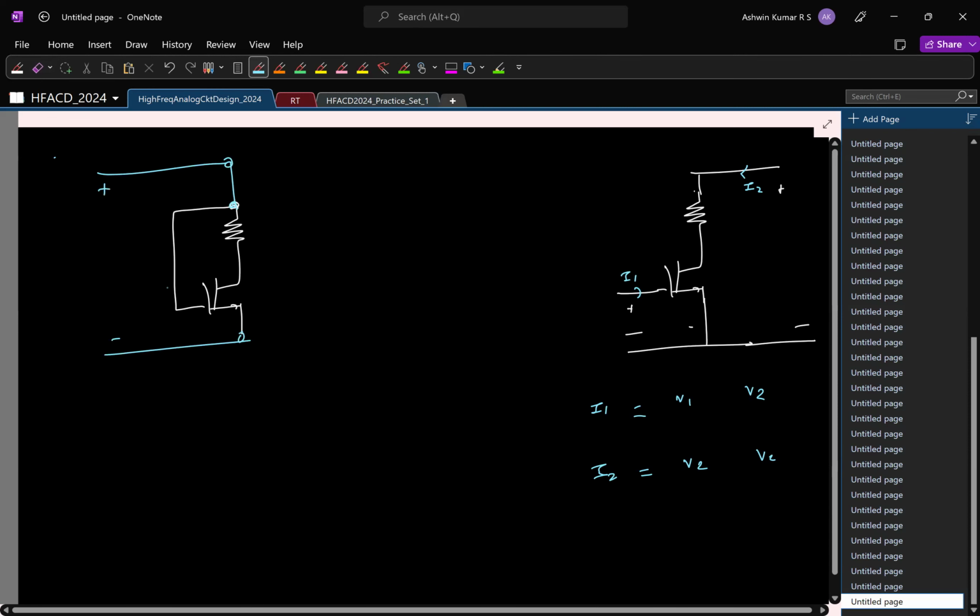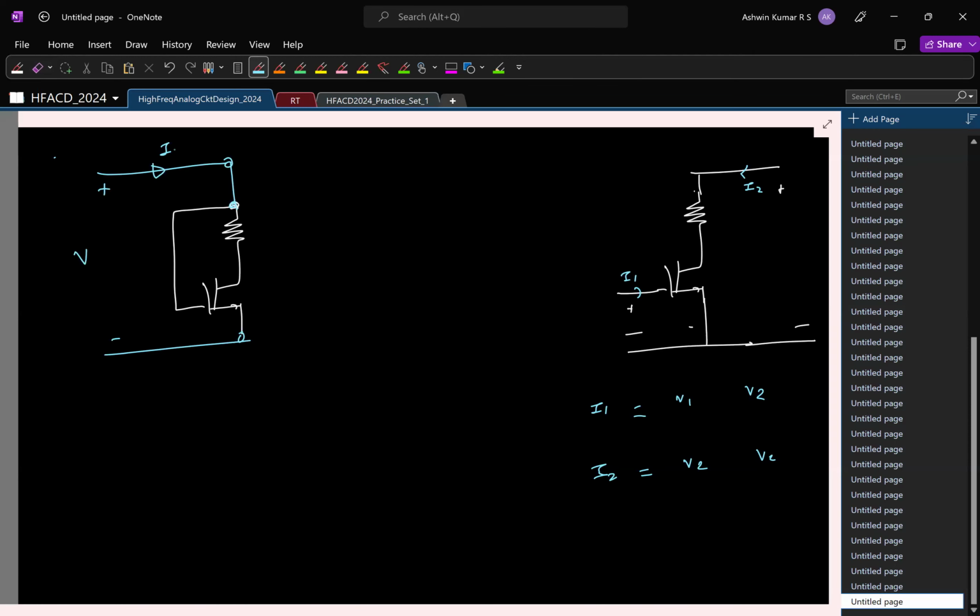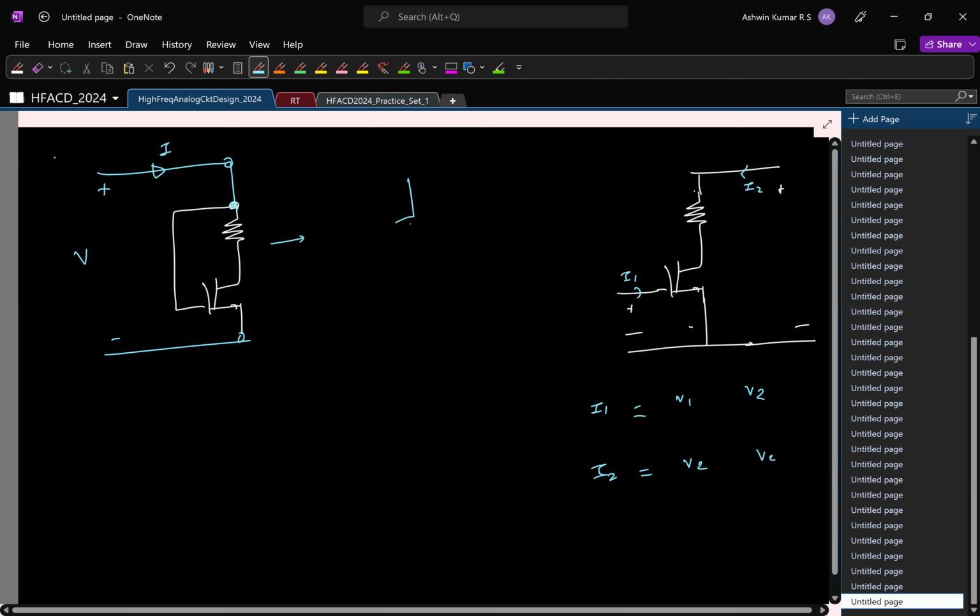It's a linear network, so current is linearly related to the voltage. Only one parameter. And what is that parameter? The resistance. You've already computed that. Which means anytime you see this, you can replace it with a resistor. Approximately 1 by Gm, but the exact resistance is